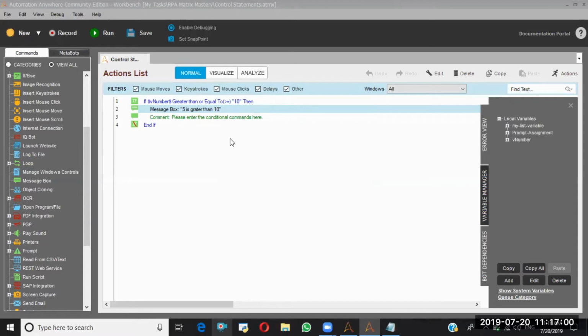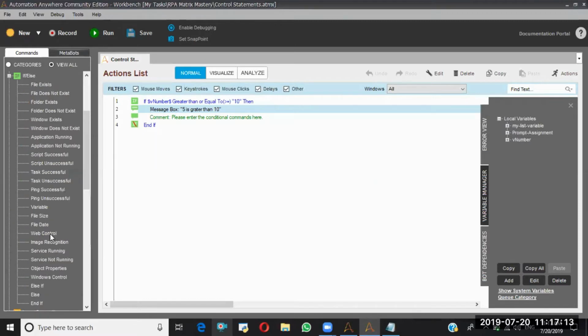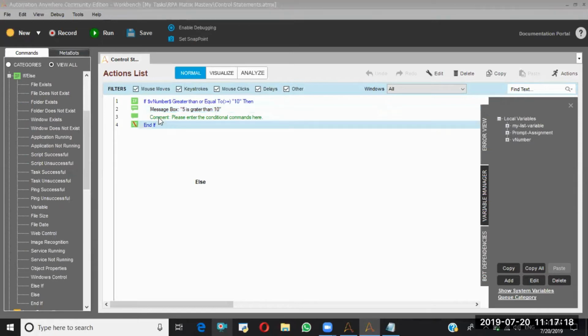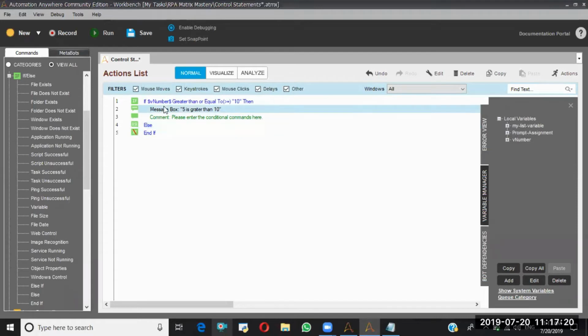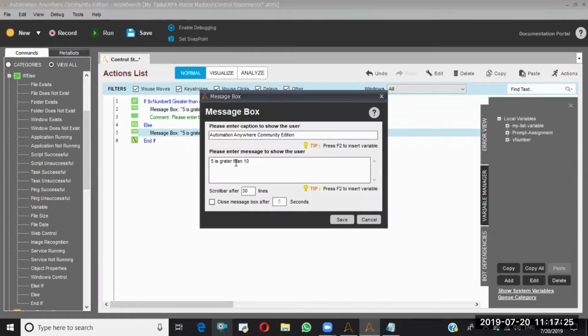But I don't know whether it's really executed or not. What happened? For that reason, I want to know the exact status, right? That's the reason I want to maintain an else block as well. So from this block, I'll drop an else command here, and in this else block I'll say less than 10.